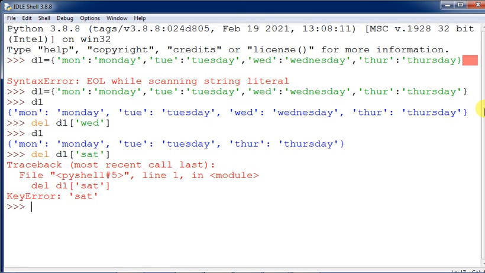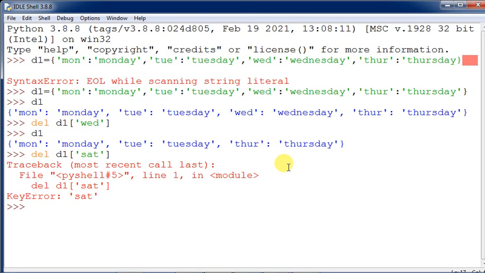So we can remove an item from an existing dictionary by using the del command, or using pop, but now we have used the del command. But if you give the del command, it does not show which value has been deleted, meaning it will not show you the updated dictionary. When you print it, then you can see the dictionary has been updated.